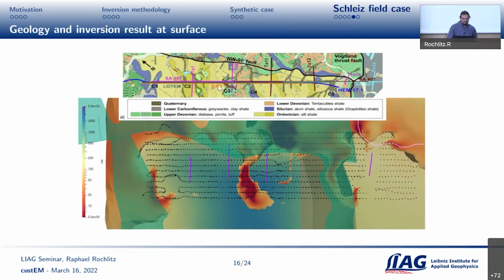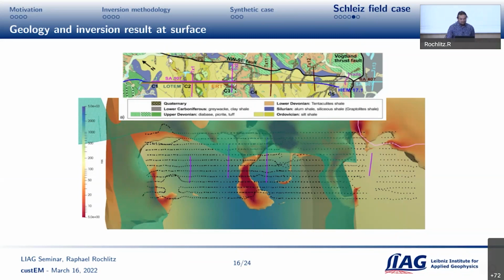So there's the C1, C2, C3, C4, C5 conductor. But the main conductors are C1, C4 and C5, and if we compare it with our transmitter locations, we see that the C4 conductor at the surface is very well recovered, also the C1 conductor, also the C5 conductor, and in a more regional scale,